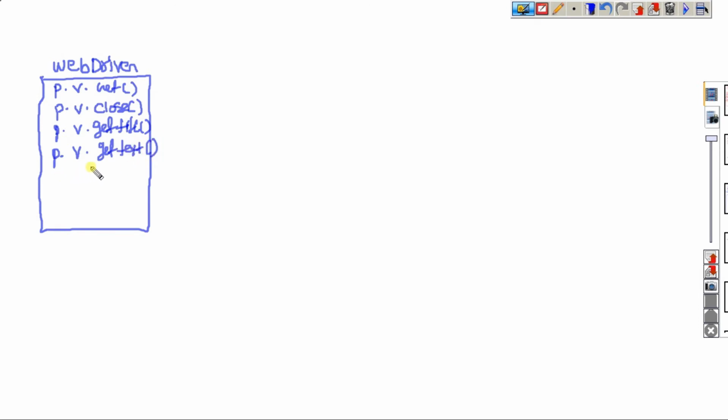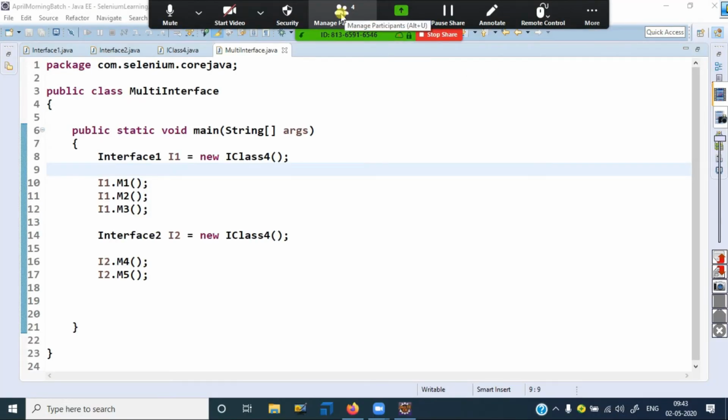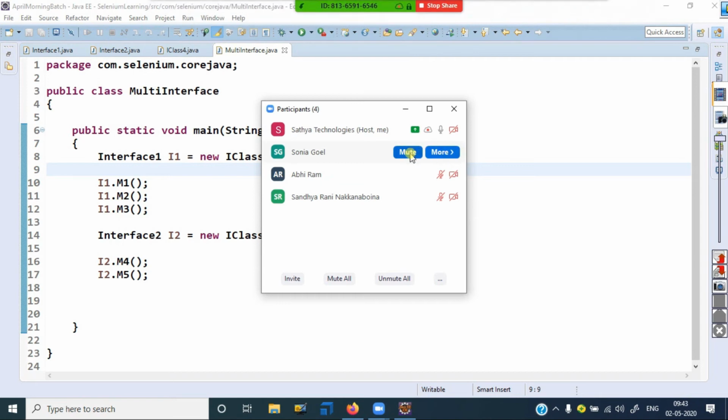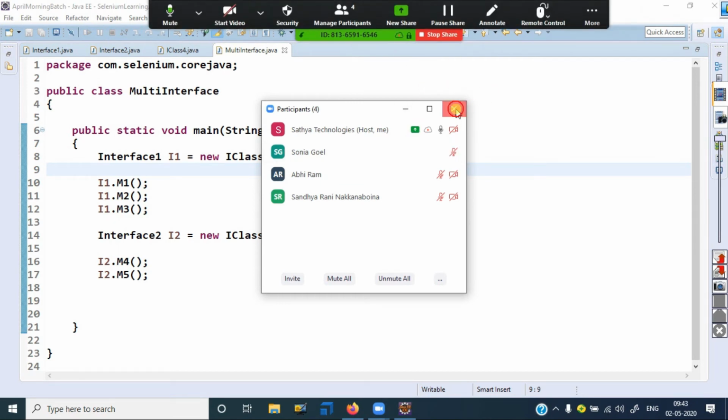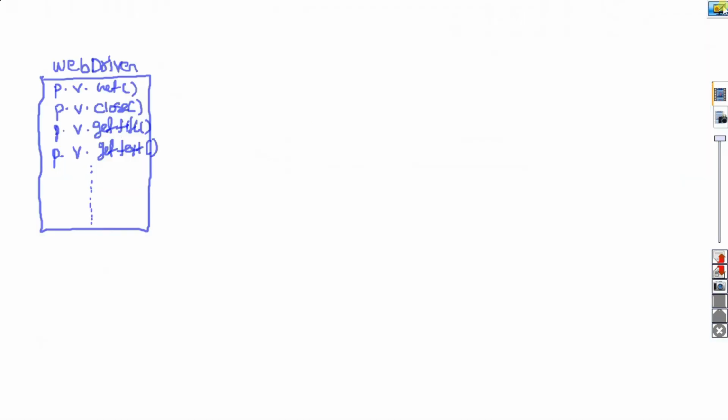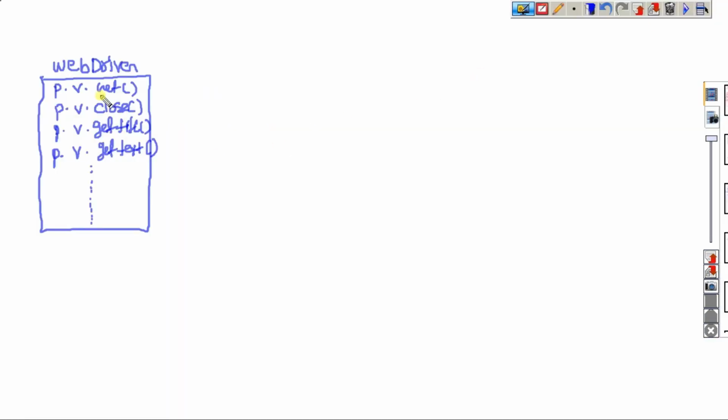Like that, whatever actions you want to perform in your web application, all the related actions will be coming. So this is what we call an interface: WebDriver. It has the get method, close method, getTitle, getText. Hundreds of thousands of methods are available in this interface, but no logic because it is an interface.